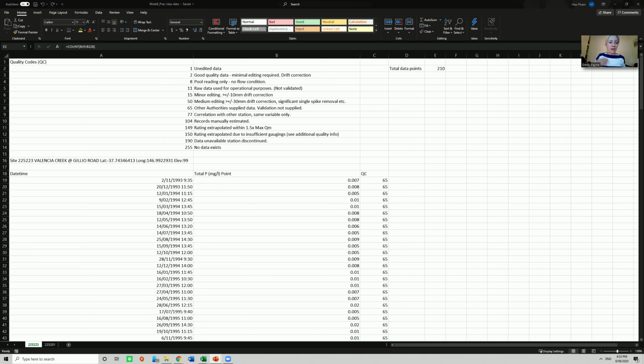I'll share my screen again quickly, but just ignore, guys, if you're just keeping on working. I did a separate spreadsheet here where I've reinserted the dates that were missing. For the missing dates, I just put in quality code 255, which is the missing data quality code, and then did